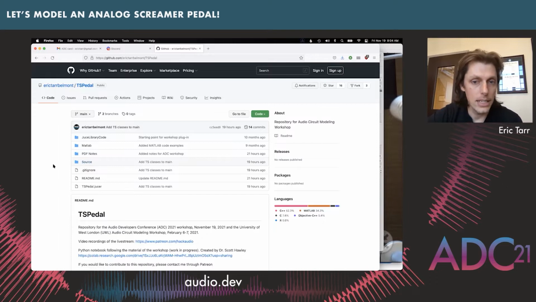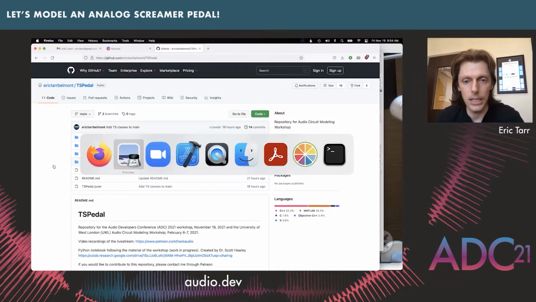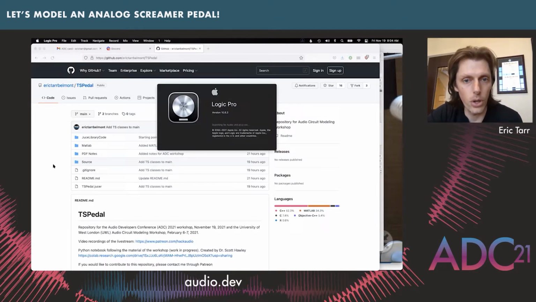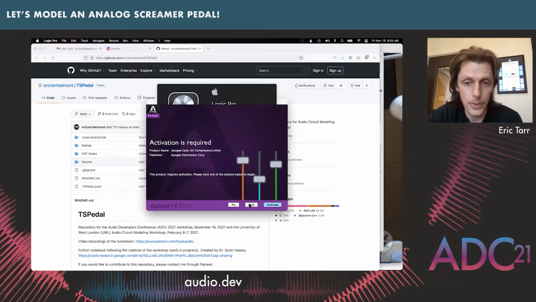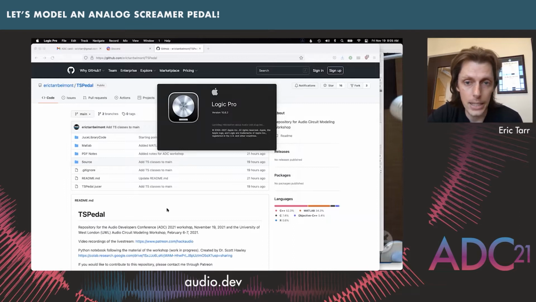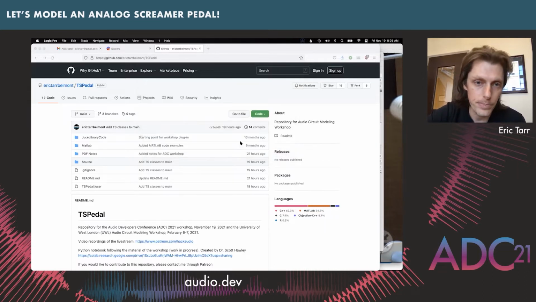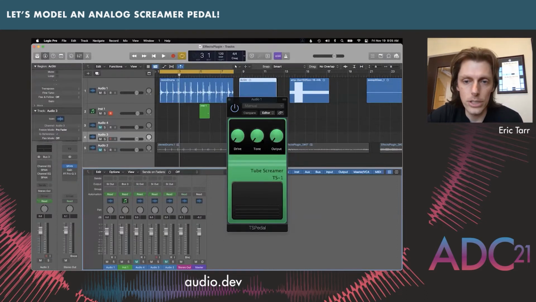So that's the main thing to be able to work off of, because I've got a lot of stuff added in there already for us to use. What this JUCE plugin ends up looking like, when you build it and pull it up in Logic, is the end result. We're going to be looking to build this Ibanez Tube Screamer modeled pedal. I have some graphics set up for the plugin already. We're just going to be adding in the DSP code for it. And our goal is to get